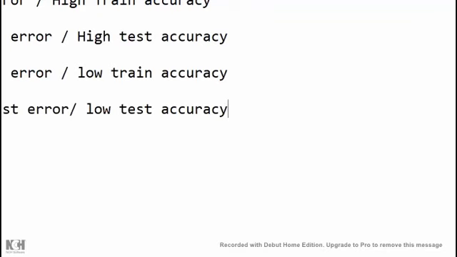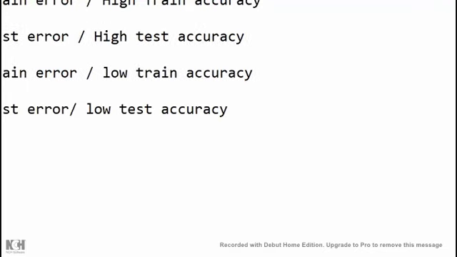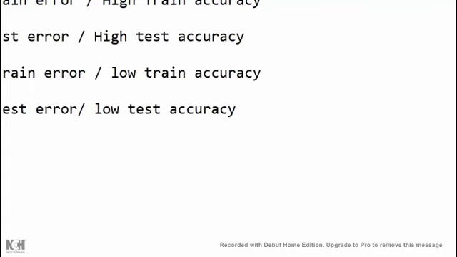Now, for a good model, a good model means it should have a low bias and low variance. Then it is called a good model, which is nothing but equal to